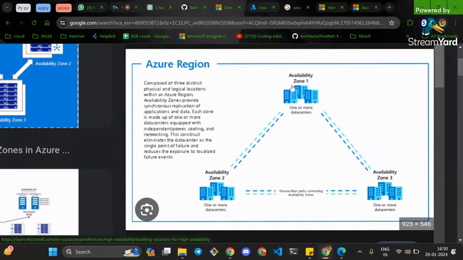What this means is, if you are saving data, suppose I have 100 Days of Cloud, 100 participants are participating in this challenge, right? If I am saving my data in one zone, it will be automatically replicated into two other zones. Why? Because if by any chance this zone goes down, meaning